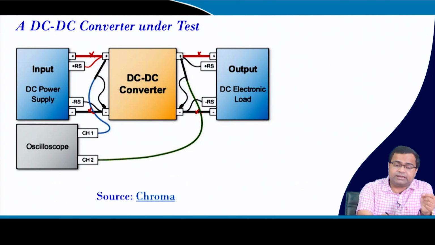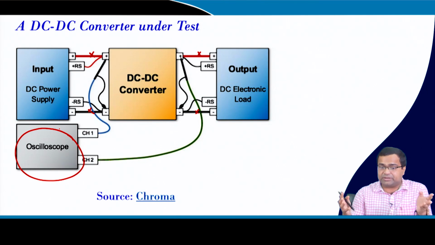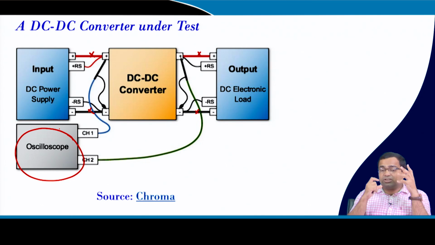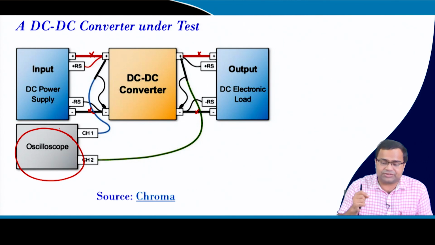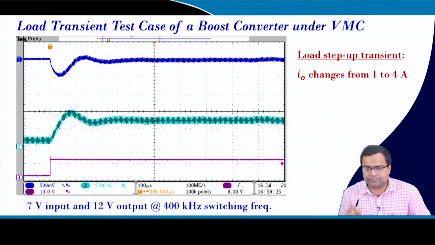And also we need an oscilloscope, right. In fact, there can be other devices like measuring instruments, like we may need a digital multimeter, right. So, with the oscilloscope we can observe various waveforms, whether you want to see current or voltage, then you also need a current probe and a voltage probe. So, different probes are needed.